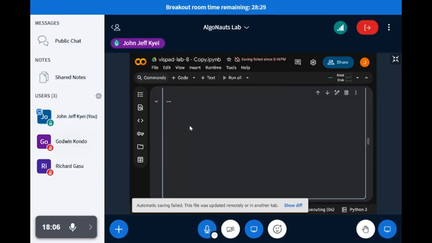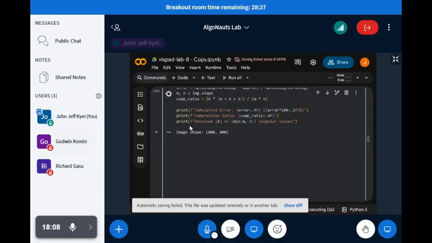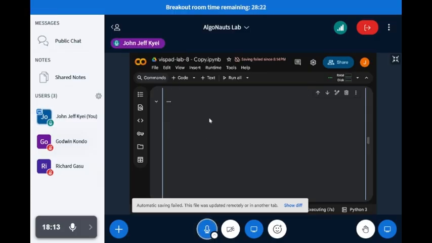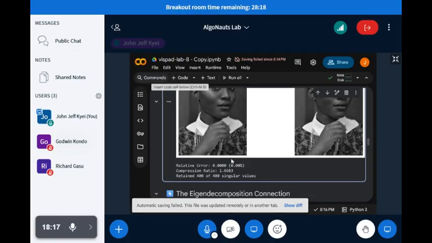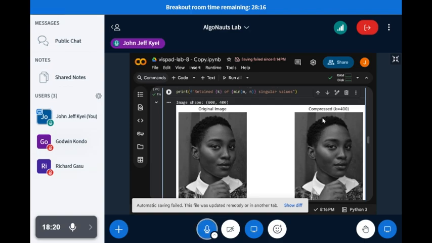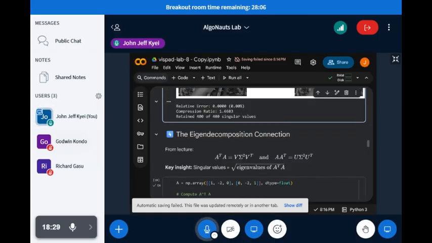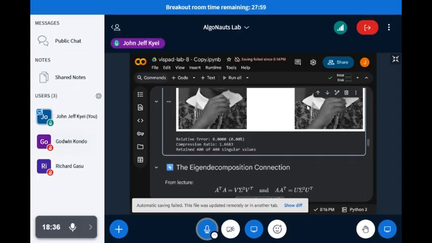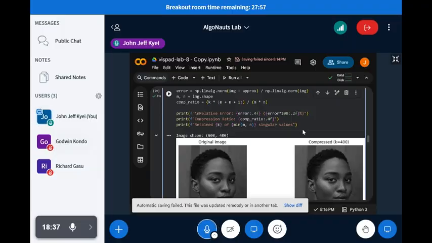So be taking note of the relative error as well. I'll go back to the 50 and we'll compare and see the relative error. Right, so you can see over here, this is the compressed image when k is equal to the first 400 singular values. It's actually almost the same, and you realize here the relative error is zero, compression ratio 1.6, which, the compression ratio is just